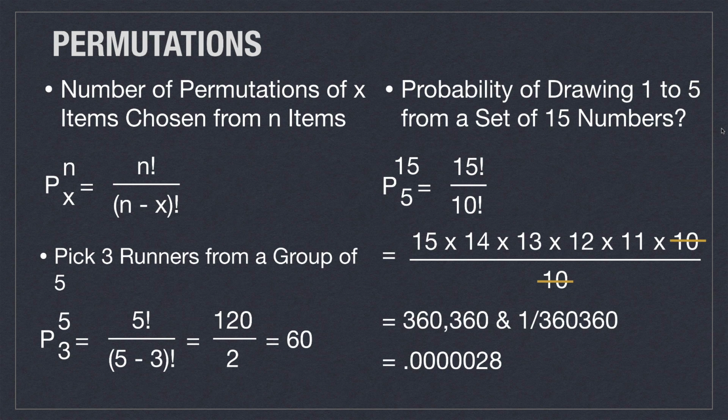However, maybe a more interesting example would be, what is the probability of drawing the numbers 1 to 5 out of a possible number of 15 numbers? Now, to save time, you can also come in here and cancel out the factorial of 10 from the top as well as the bottom to get 360,360 permutations. And then if you would go on to divide 1 by that number, you find that it is extremely rare, which would come out to